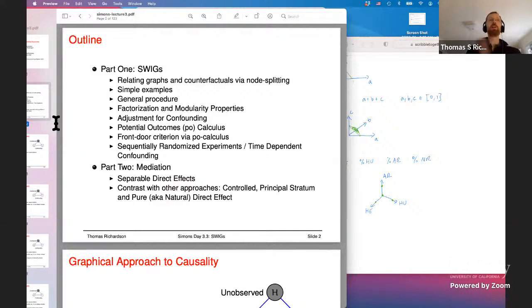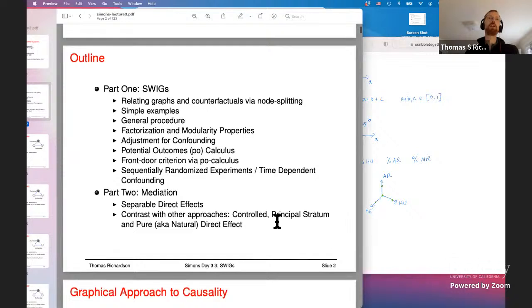Okay, so the talk here has 2 parts, but I'm not going to get to the second part. So I'm going to talk about single-world intervention graphs. This is a framework for relating graphs and counterfactuals or potential outcomes via node splitting. I'll show some simple examples, give you a general procedure, and we'll then talk about adjustment for confounding. And then connecting back to